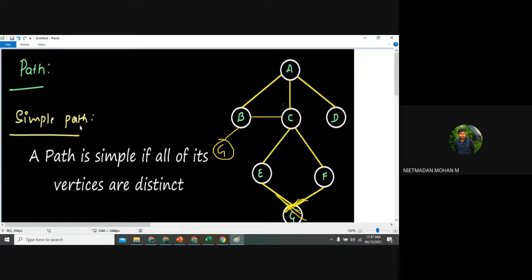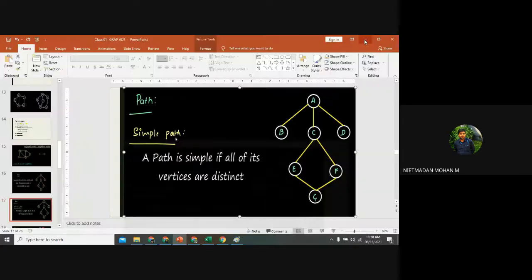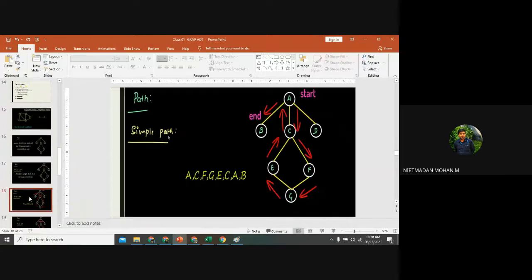Now I want to travel from C to G. Then CBG: C, B and G. This path is not available. Then CABG: C, A, B and G, right? Yes, sir. So this is the path. First we want to find out all the nodes which will be accessing a simple path apart from the main first node. Likewise, you want to insert that particular element inside the nodes in the vertices.